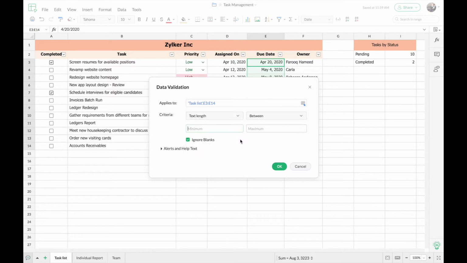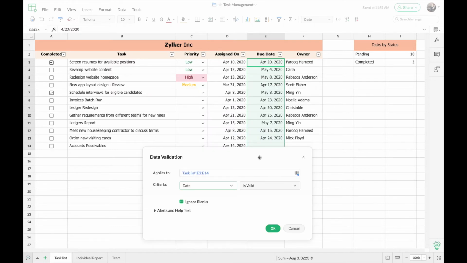So using this option you can set a predefined number of characters that must be present in that particular cell range. For example, let's say your team is working on a sales report and you have a column called order ID. So let's say your order ID has 5 characters including text and numbers. So in that case, you can set a data validation rule saying that all the values that are entered in that particular column must contain only 5 characters. So if anybody accidentally enters more or less characters in that particular cell range, they'll be notified about it. So this is just an example where you can give a single value. You can also set criteria in such a way that the text length falls between or greater or less than a particular value too. So next up we have the date format.